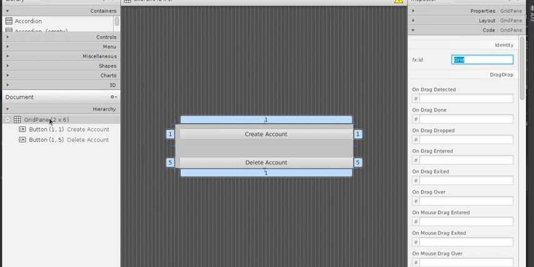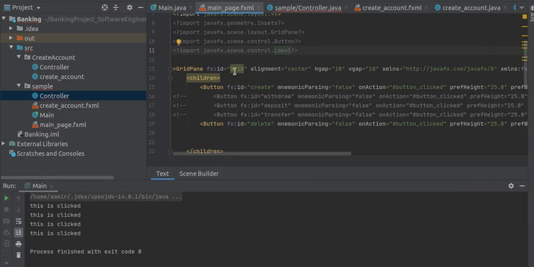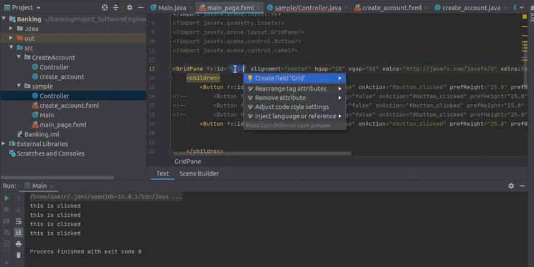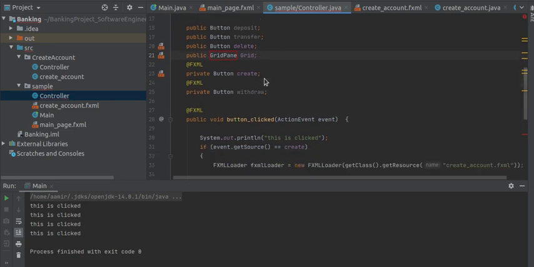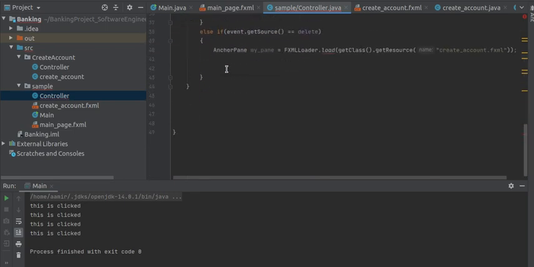So the id is generated, and as you can see this field is created in the fxml file. Just double click this id and press Alt Enter, then create field. This field is generated automatically, and you can also write it manually.